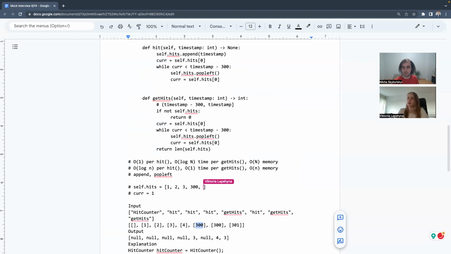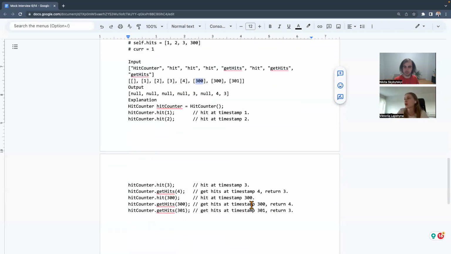We move further. We get hits at 300, so current 1. Again, we ignore this while loop. We return the length of hits, which is 4. That is correct. 4, correct. Great.